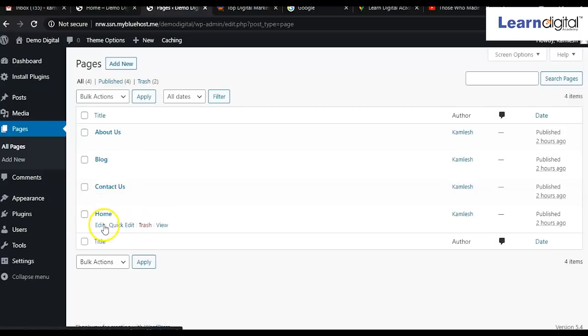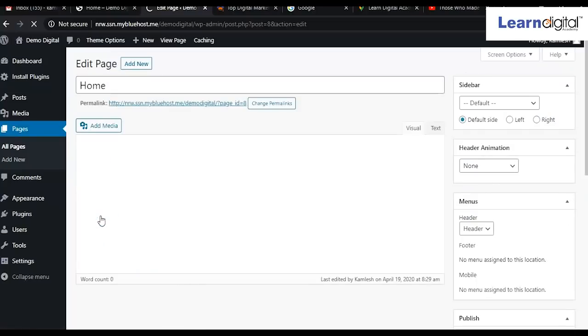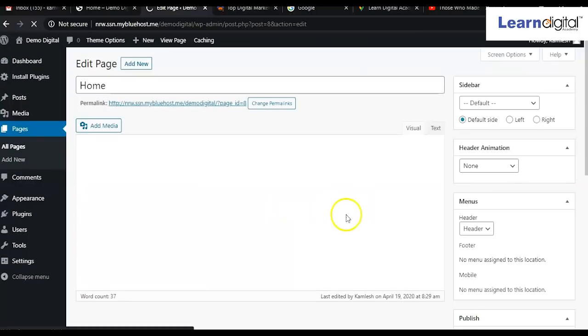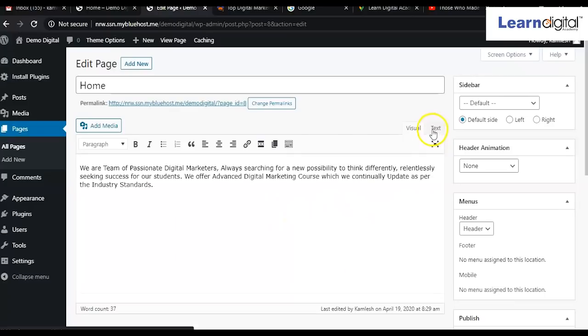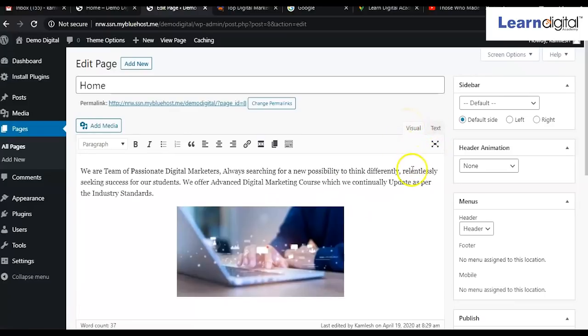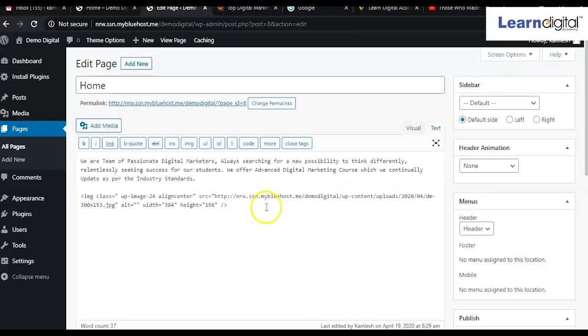You want to put that video in the home page. Click on home page. As I told you, always the coding should be done in the text mode. Visual mode, that means how your website will look like. So here click on text mode.